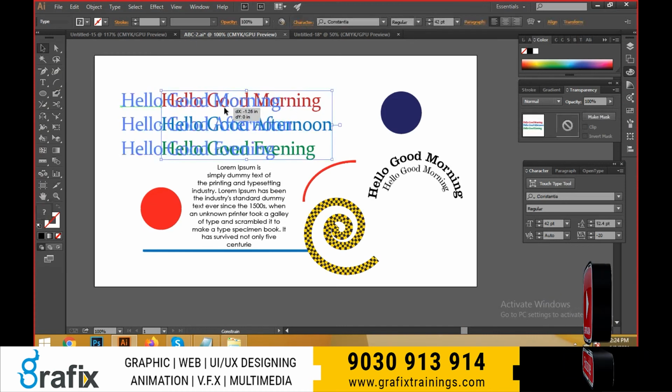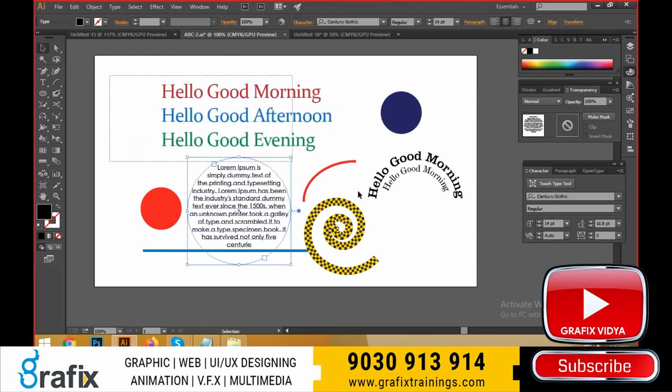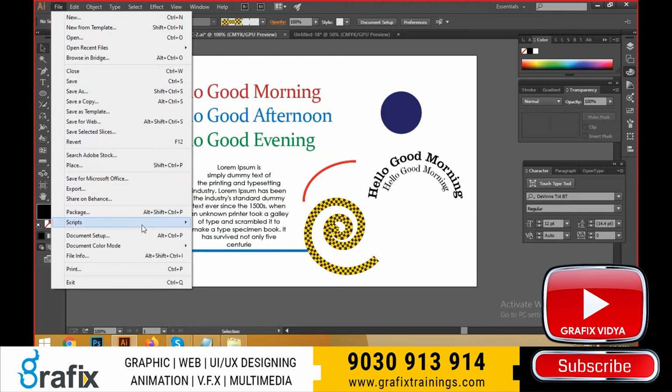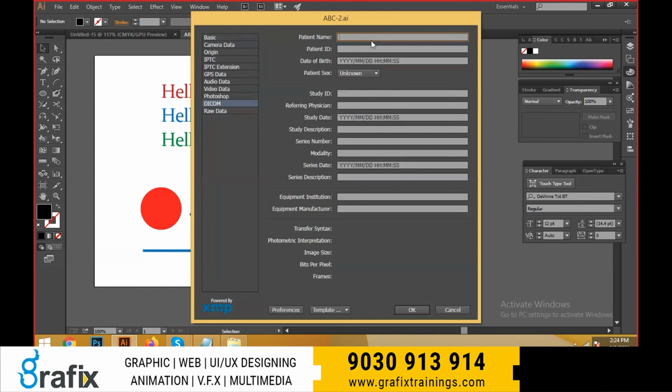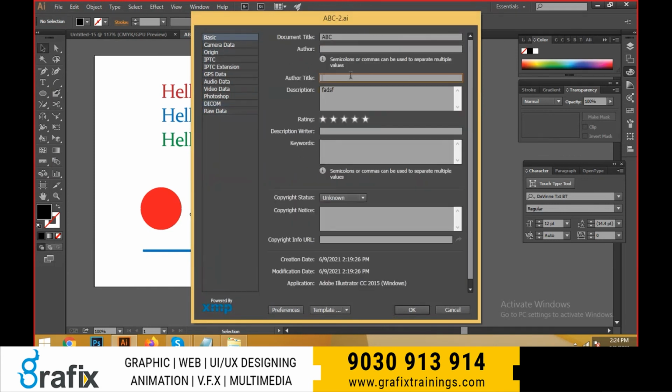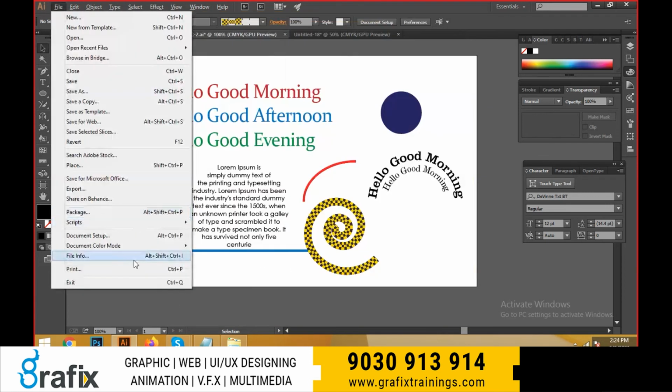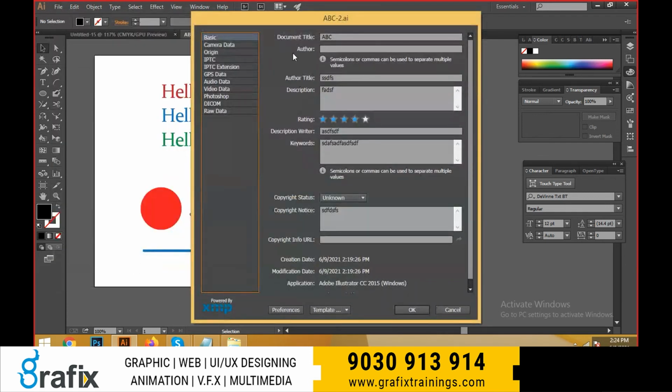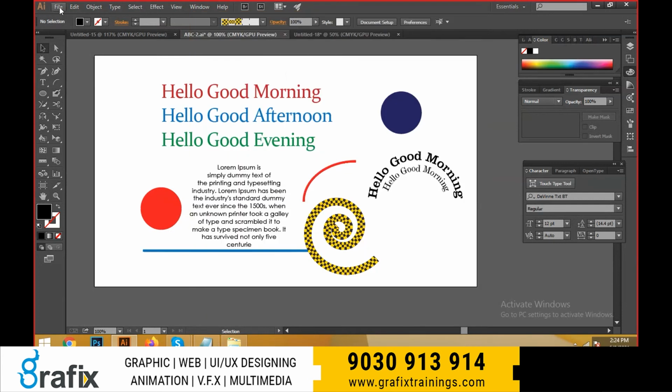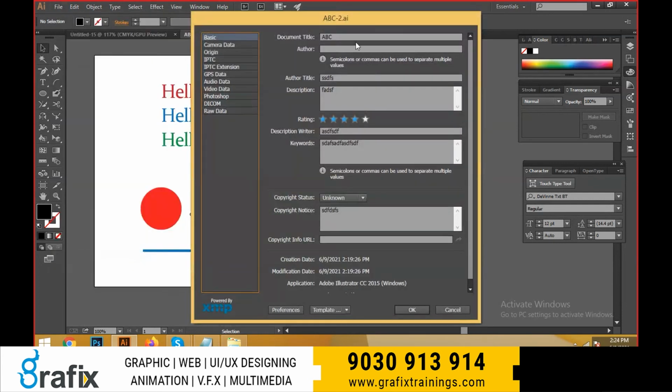And select this one, file, document color mode will be primary, color mode will be CMYK, and file info. File info is nothing but metadata, where we can give information for the file, like the basic data: the title, the author name, the rating, the keywords, the copyright notice, just basic information. If you come again and open the file info, we can give this document its information, and we can give the complete information of the file info. File info is nothing but we can create the information of the document. That's it. And if you want to remove again, just select it.